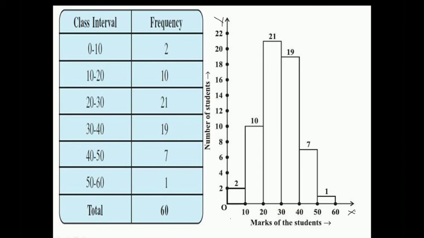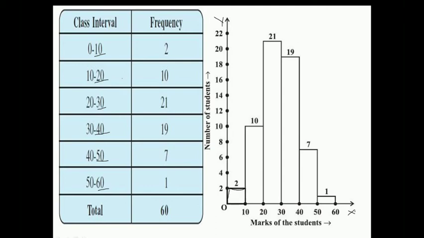Why are we choosing these numbers? Because our class intervals have already been decided, 0 to 10, 10 to 20. So here we have to choose 10, 20, 30, 40, 50 and 60. And why are we taking a difference of 2 between the numbers of students? So it will be easy to count or to point out the numbers on the graph. Okay, so for 0 to 10 it is 2. So at point 2 here they have drawn a bar.